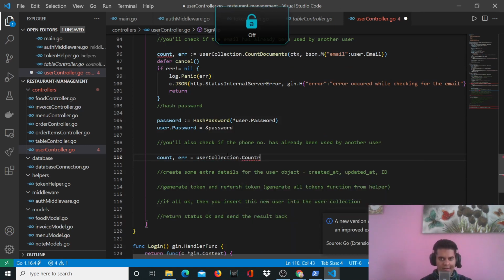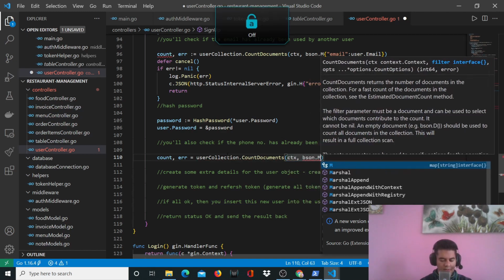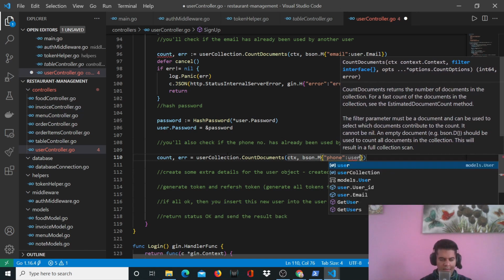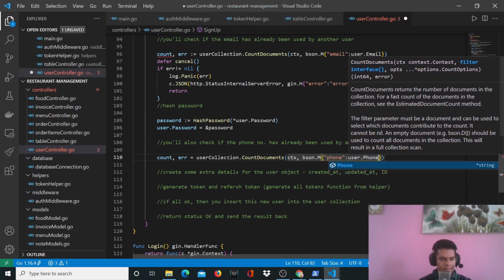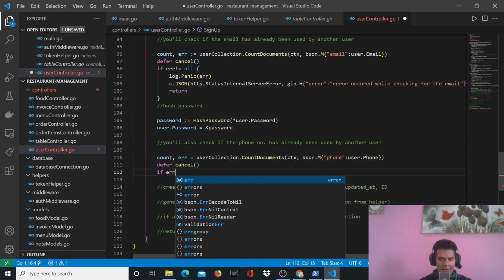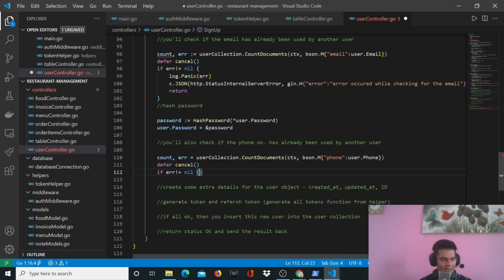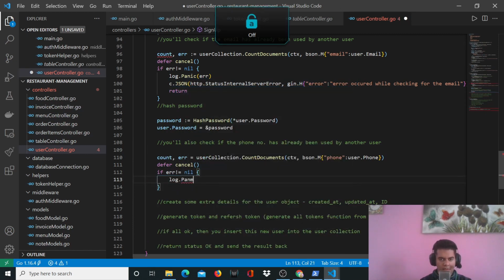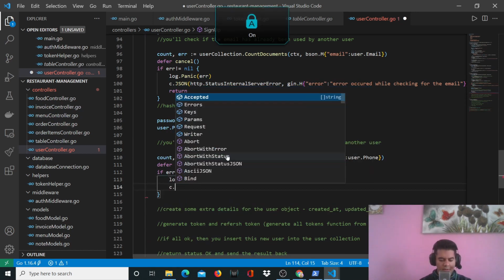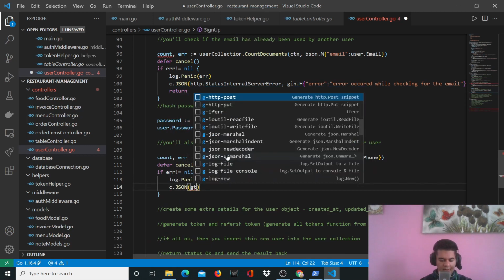So it's CountDocuments(ctx, bson.M phone: user.Phone), and you'll defer cancel. You'll handle the error in the exact same way. So it's log.Panic, c.JSON, http